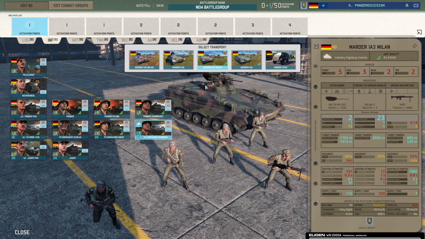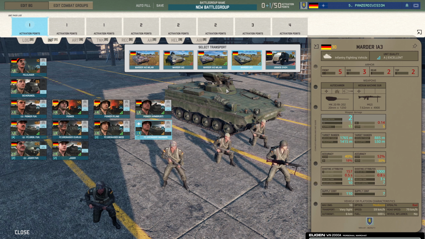I mean, you can get the Marder 1A3 Milan, which has the same armor as the BMP3 with its lovely cannon, a nice Milan 2 and an MG, and it's only 40 points. Don't get me wrong, it's more than certain that the BMP3 is better, but that cost 55 points. This is only 40. Should this cost 45? I feel like these could probably go up by 5 points each, just because at the moment, these things are devastating. I was basically bringing in a deck with mostly Panzer Grenadier Marders, because the Panzer Grenadiers themselves...